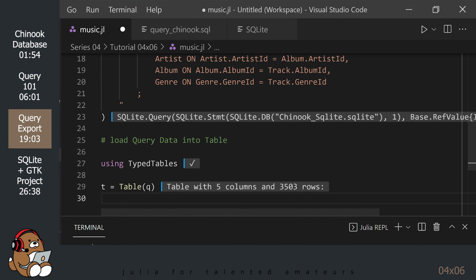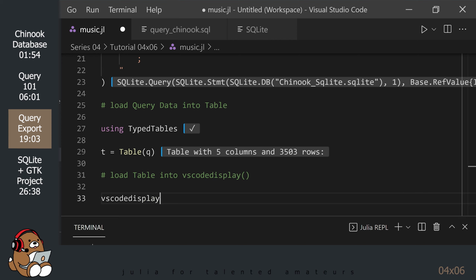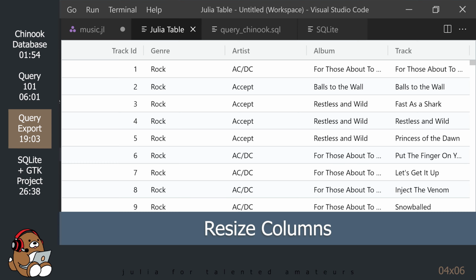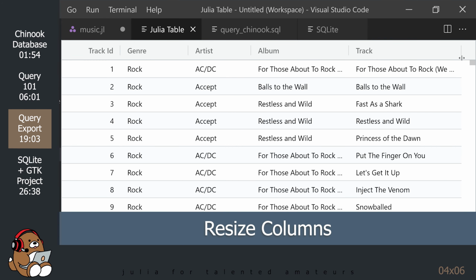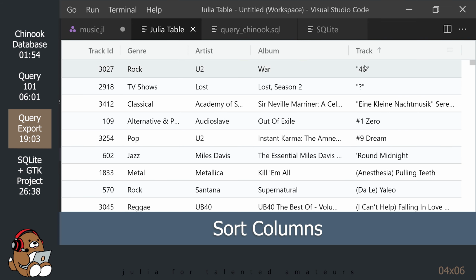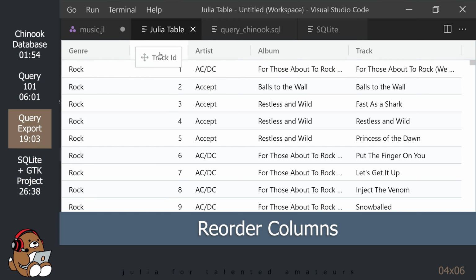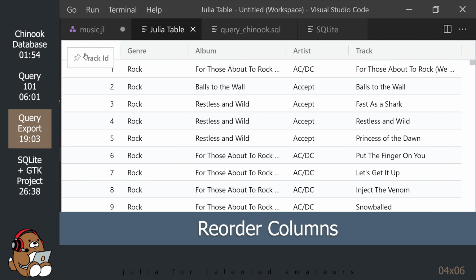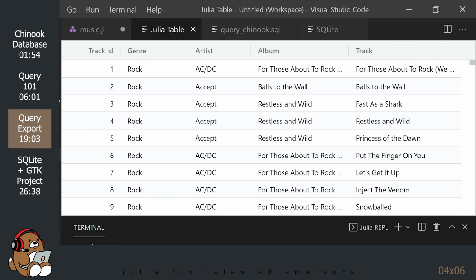Let's start by taking a look at our data using VS Code Display. So that looks pretty